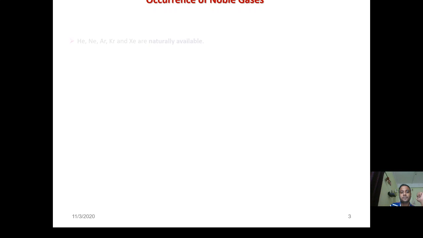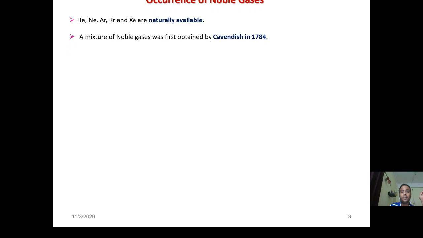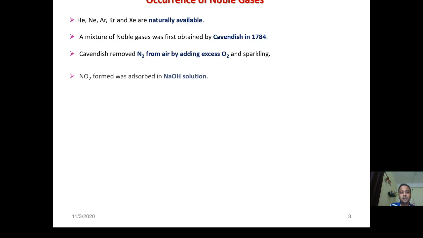Occurrence of noble gases. Out of all the seven noble gases, helium, neon, argon, krypton, and xenon are available in nature. They were first obtained by Cavendish in 1874. What had Cavendish done? Cavendish first of all removed nitrogen from air by adding excess of oxygen and sparking. The reaction between nitrogen and oxygen leads to the formation of nitrogen dioxide, which was absorbed in sodium hydroxide